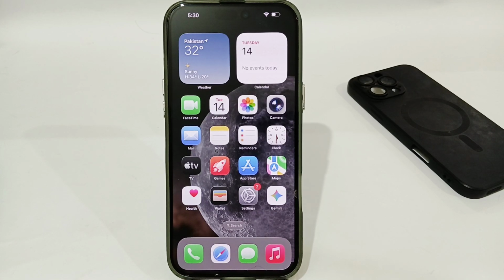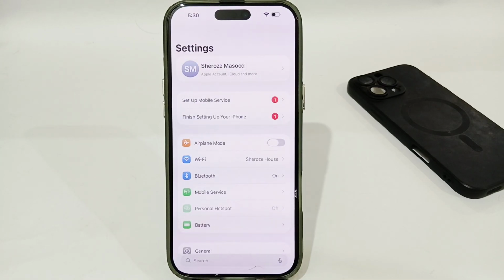Hey guys, today I'm going to tell you how to fix cannot turn off Find My iPhone in iOS 26. If you're using any iPhone and you want to turn off Find My iPhone, let's see how you can do that. You just have to open your settings,